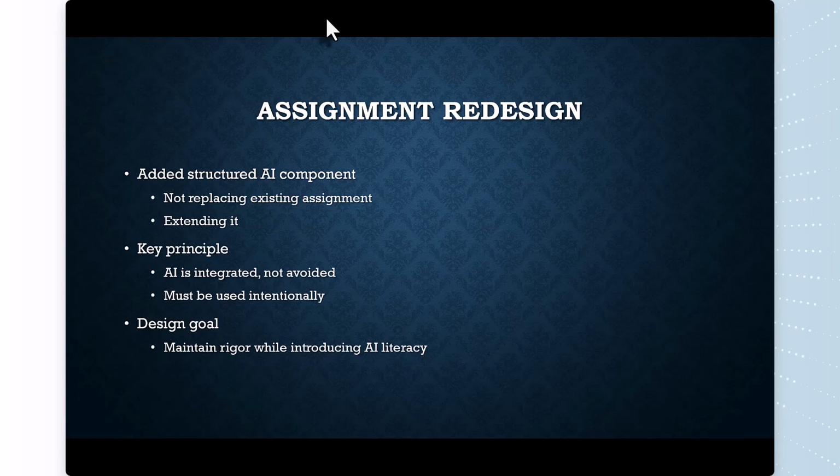It's not going to be invisible. Students are not going to use it without our knowledge. Instead, it's going to be intentional, and we're going to see how they're using it. So the design goal was to maintain rigor while introducing AI literacy.